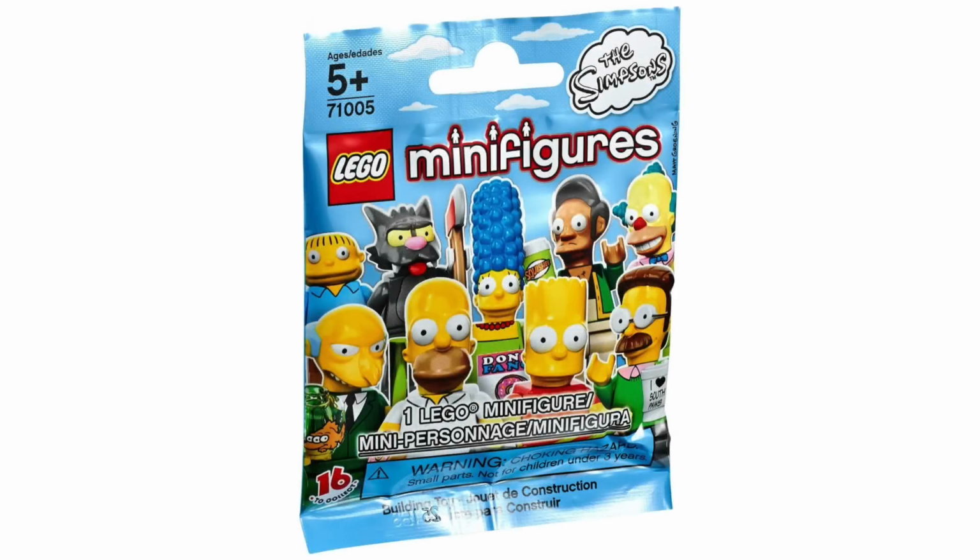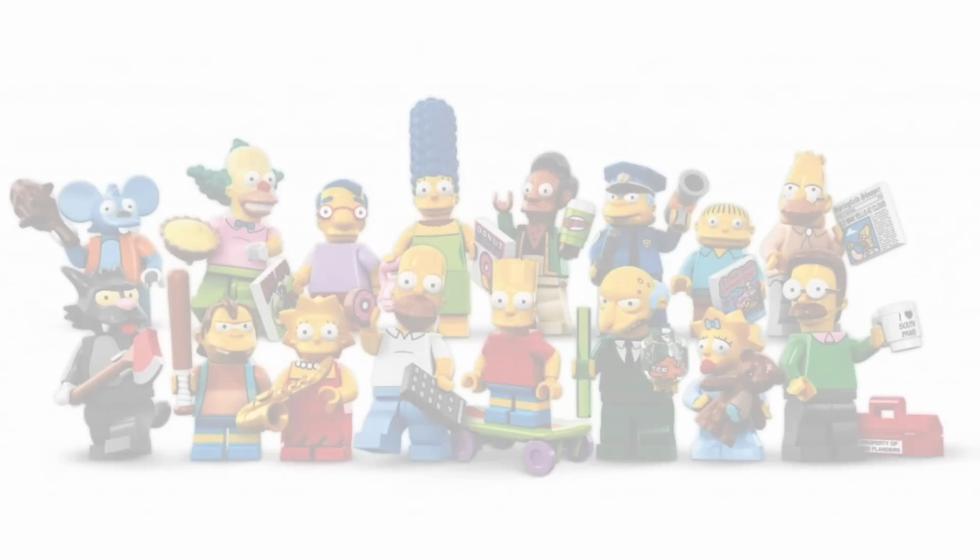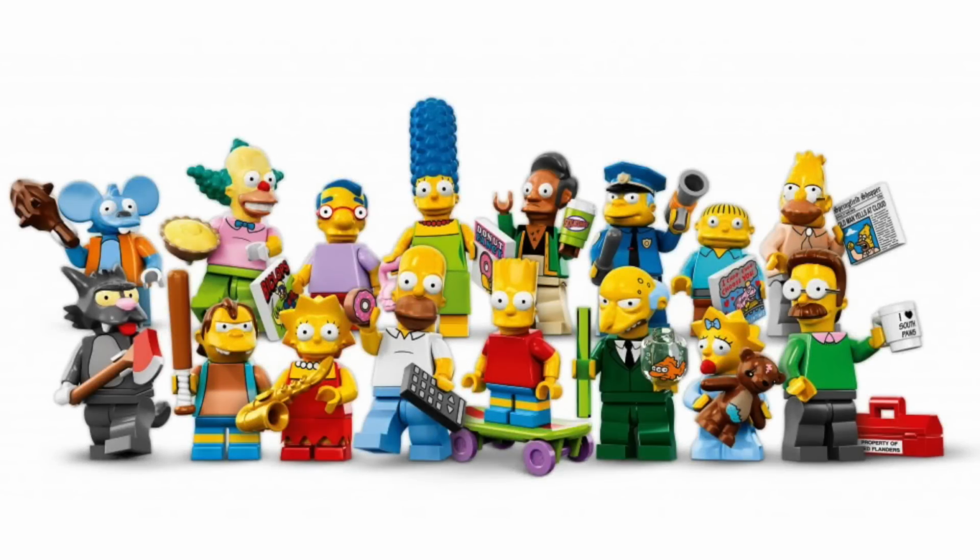At number 6, we have the original LEGO Simpsons minifigures line. These were some of the first Simpsons-related LEGO items released, and these include Bart Simpson, Homer, Lisa, Maggie, Marge, among a whole slew of other characters. Some of my favorites and some of the ones that I own being Chief Wiggum. I didn't have Itchy, but he's kind of cool. He's a smaller character. I do have Krusty the Clown, which is my favorite minifigure from this line, and also Marge has a really cool custom headpiece with the hair on top, as well as Homer and Bart. So a very good line of minifigures here with the original Simpsons